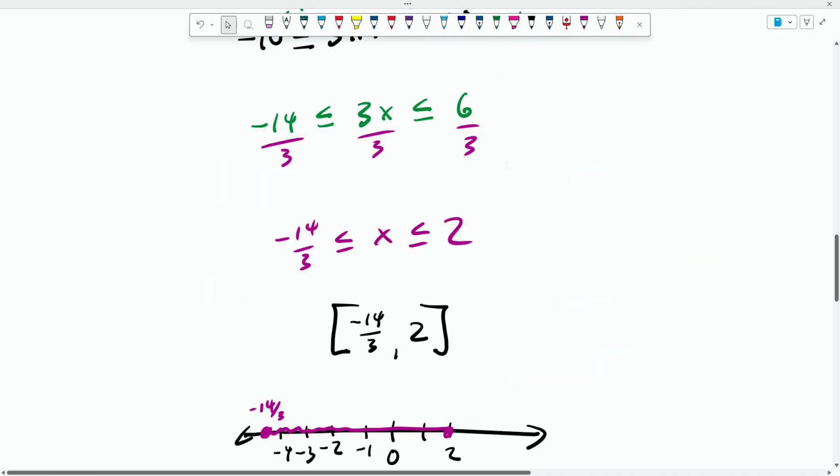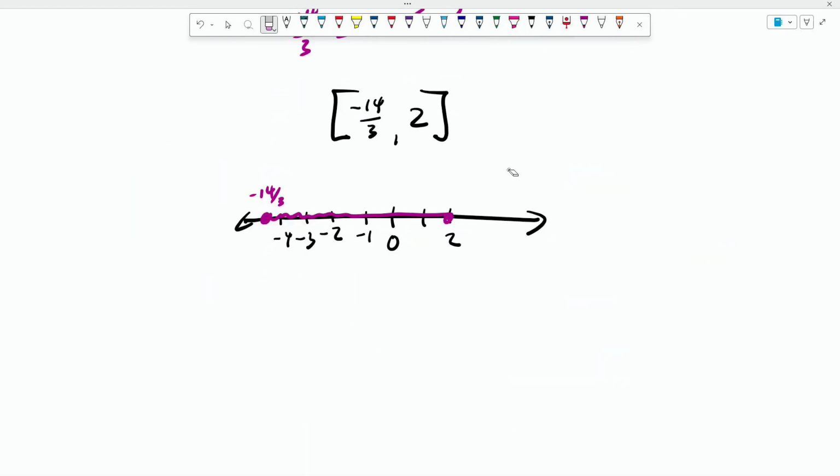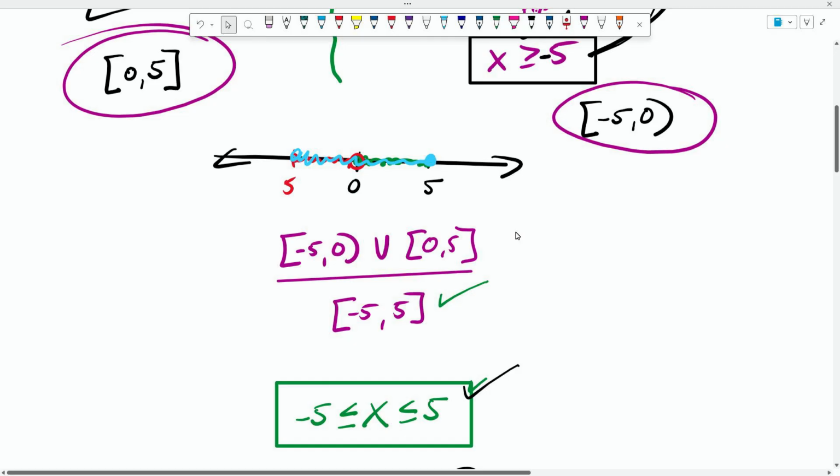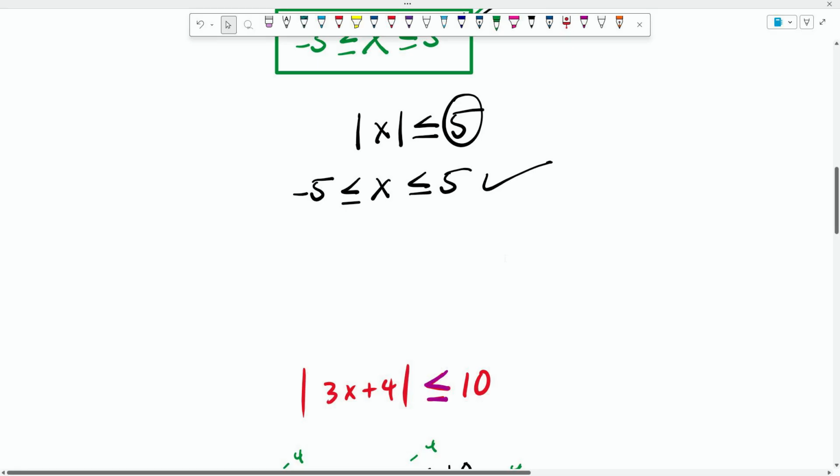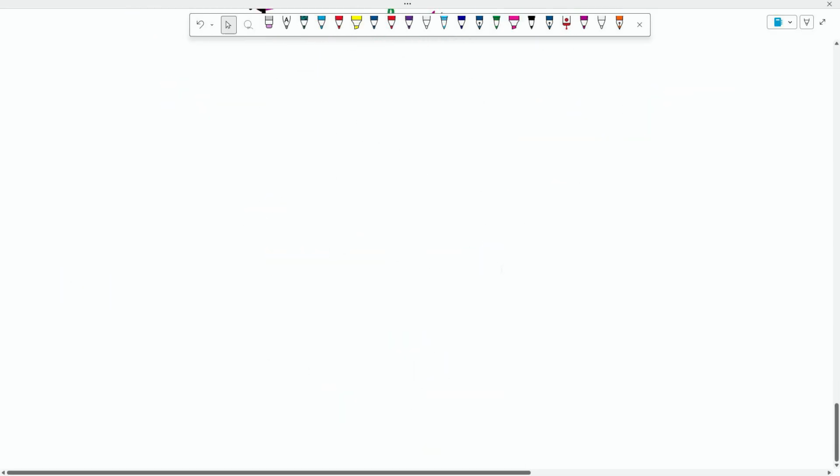Where this, all right, here x, this wasn't a good one. This one, simple. The absolute value less than or equal to 5. So the distance from the origin is less than or equal to 5, which are all these numbers. Okay, we don't care if it's the left or the right. Okay, so the shortcut for this one